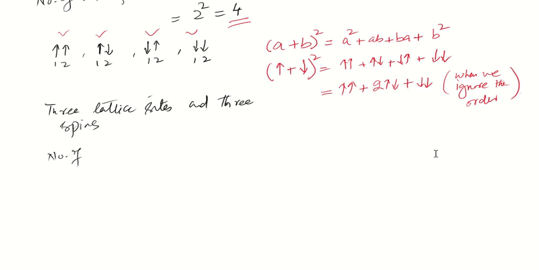Now we should have 8 configurations. How? I draw them in front of you, 8 configurations. These are all 3 up, then 2 up, 1 down, and there are 3 of these actually, in which 1 is down and 2 spins are up. So this should be like this,